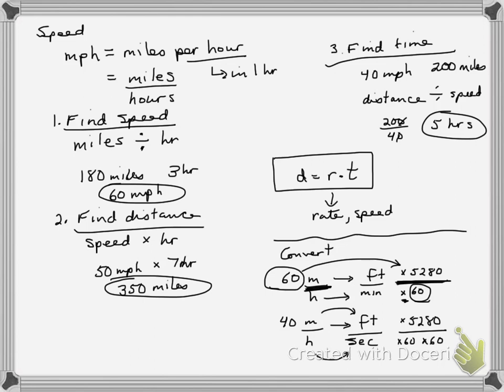Now, what would I do with my 40? On a calculator, that would look like 40 times 5,280. Take that answer, divide it by 60, because it's in the denominator. Take that answer and divide it by 60 again, because this is also in the denominator. There's a few other ways I could explain that, but I think that's probably the most efficient way to understand it